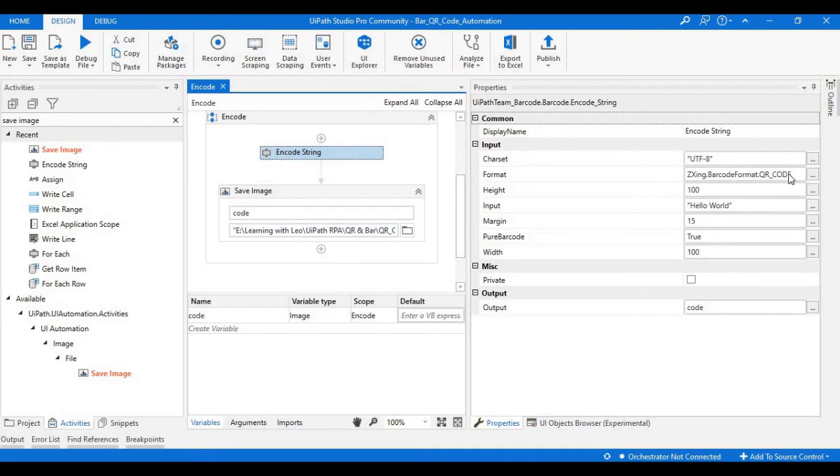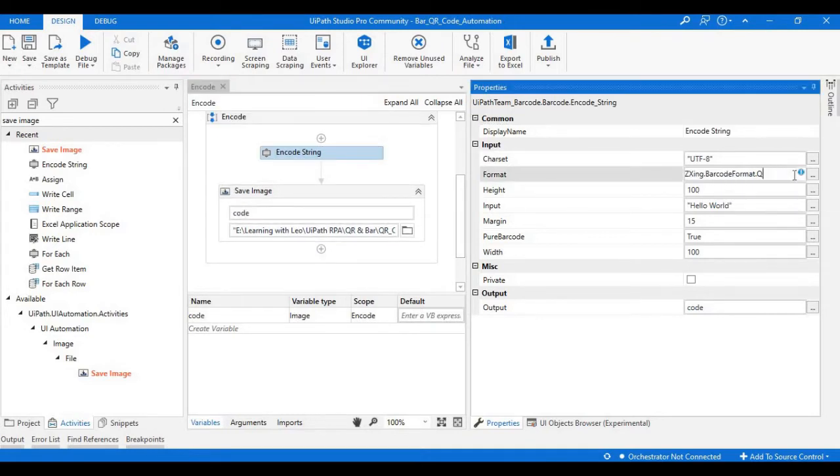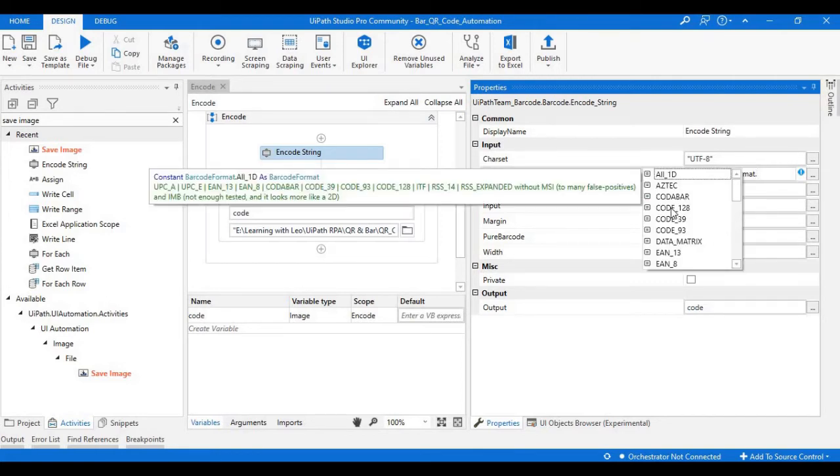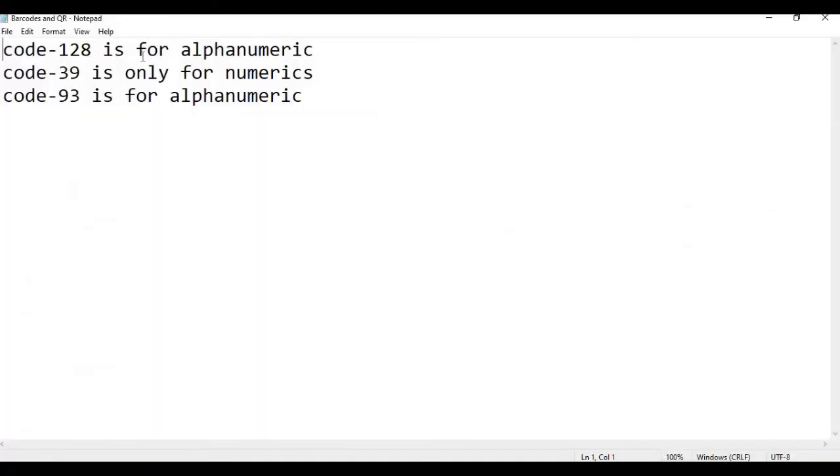In the same way we'll see how we can generate the barcode. Just place the dot after the format, and here I am using code 128. There are three codes: code 128, code 39 and code 93. What is the difference between these three? I'll show you here. Code 128 is useful for alphanumeric, code 39 is only for numerics, and code 93 is for alphanumerics. And if you observe, in the retail sector, mostly we use barcode generators to read the details of information